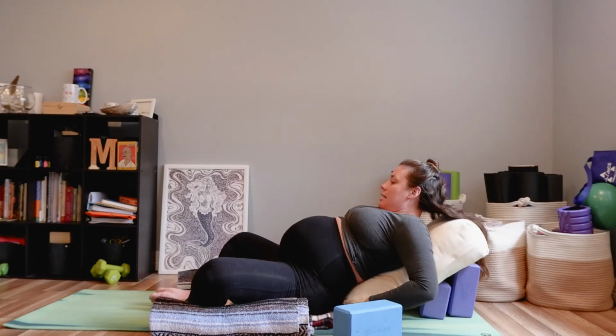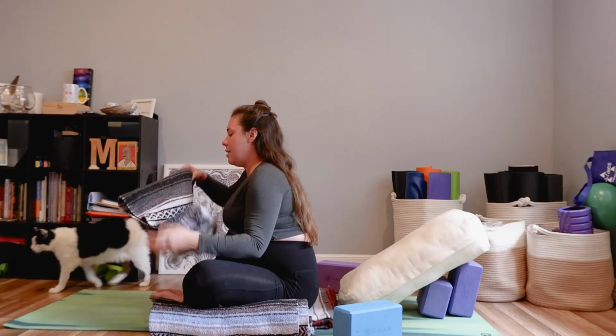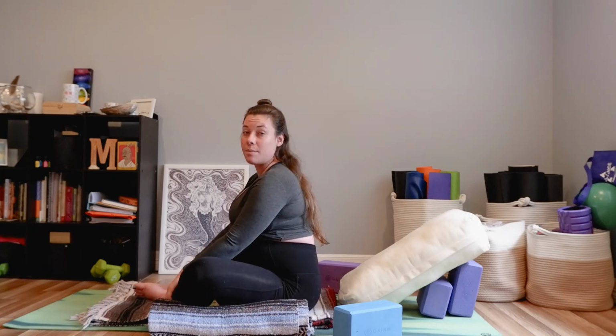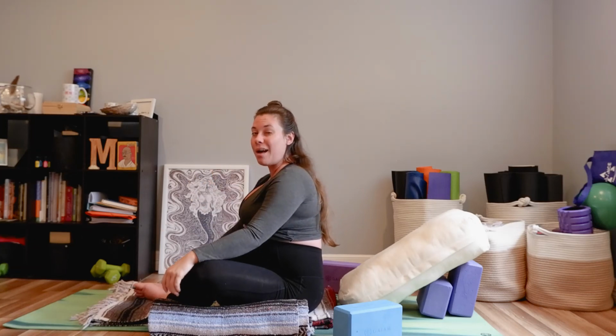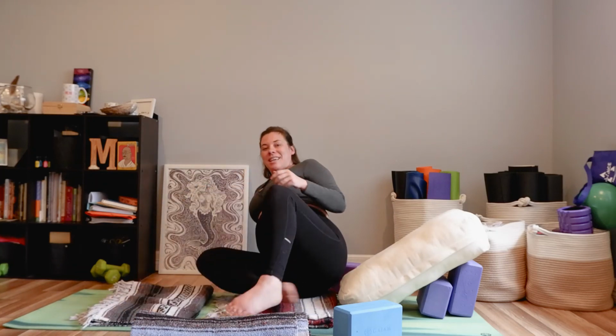If you wanted a little bonus cushion under your ankles, you could take a 4th blanket and put it under your ankles. So we're a little supported there too, and those joints don't press quite as deep into the floor. I know sometimes when our feet are swollen, especially, having that skin on the mat can be a little uncomfortable. But that, my friends, is how we set up a mama's throne or a mama's nest